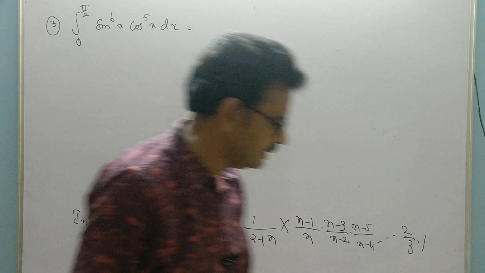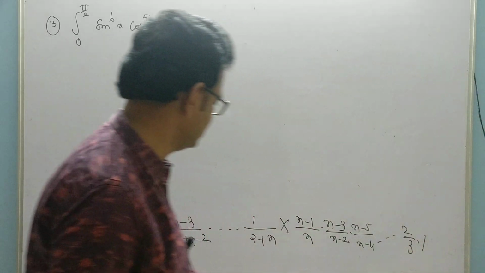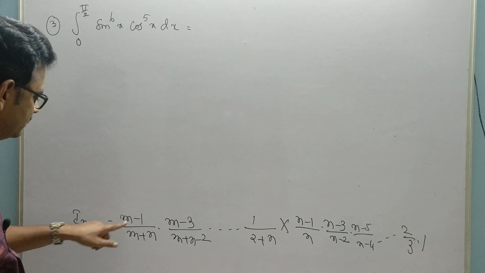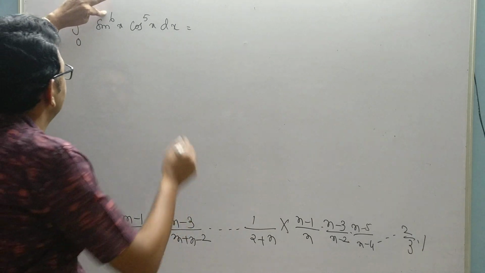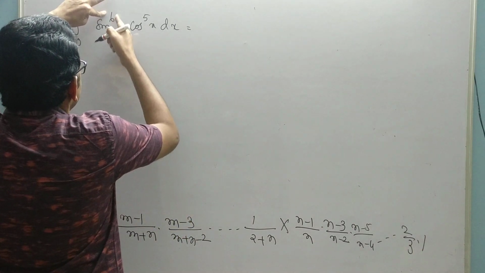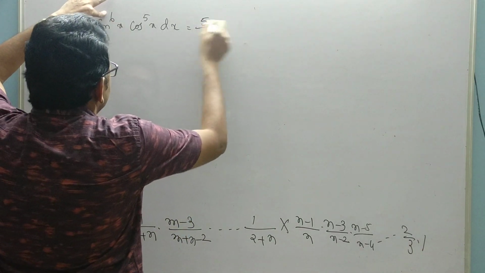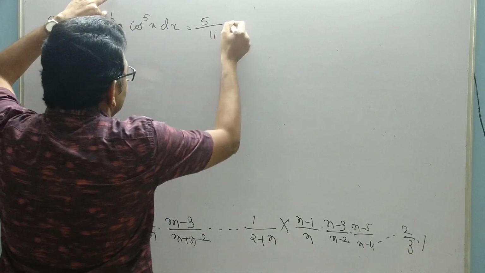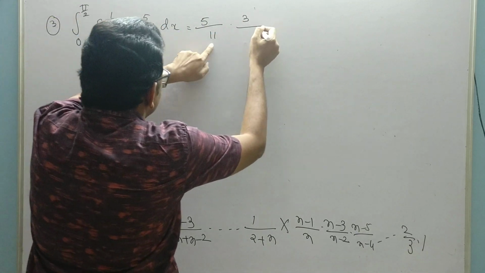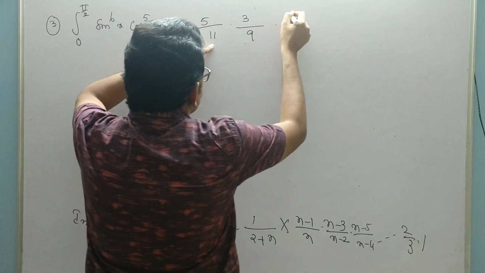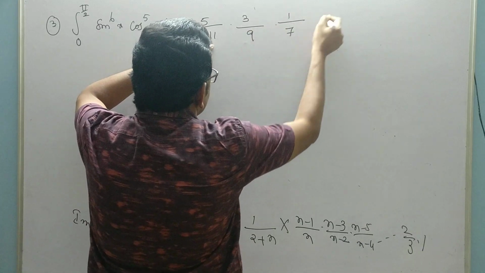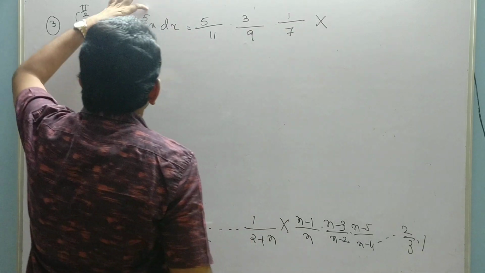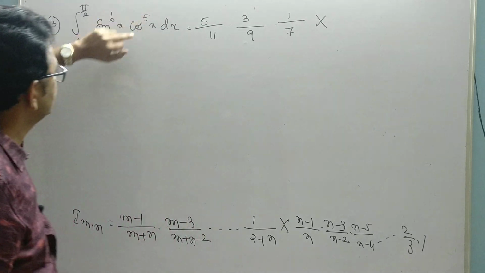If m is even number, you have two expansions. m minus 1, that is 6 minus 1, which is 5, by the sum of these two, 11. Next 3 by 9. Next 1 by 7, that's enough, into, for this expansion, integral 0 to pi by 2